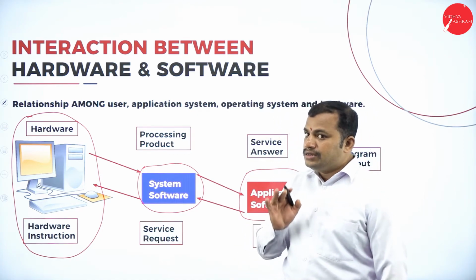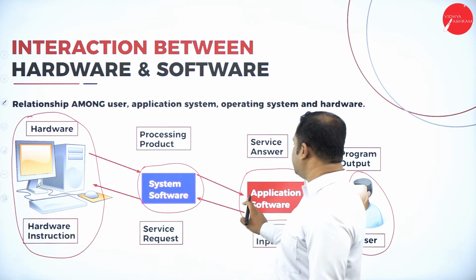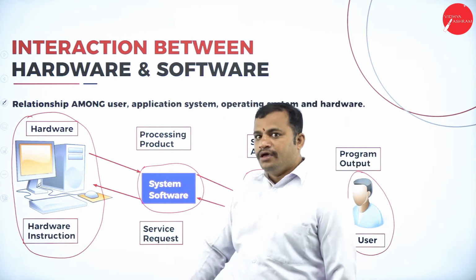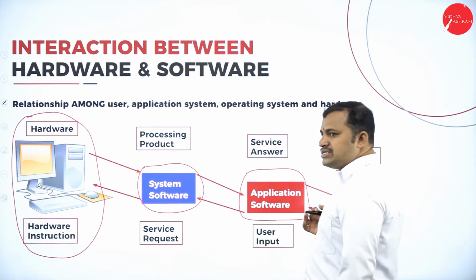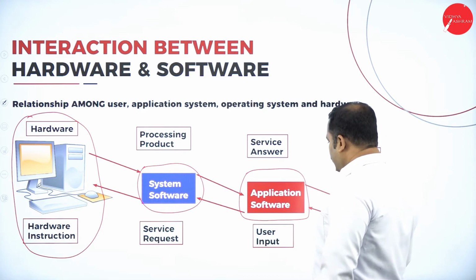I'm using 4 entities here. This is one entity, second entity, third entity, fourth entity. If you look at this diagram, it is bidirectional. That means a user is one who